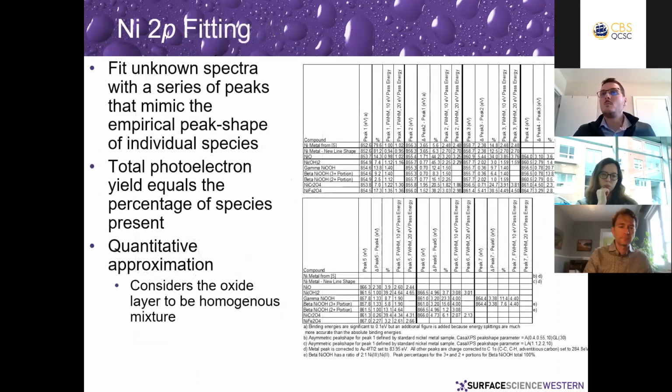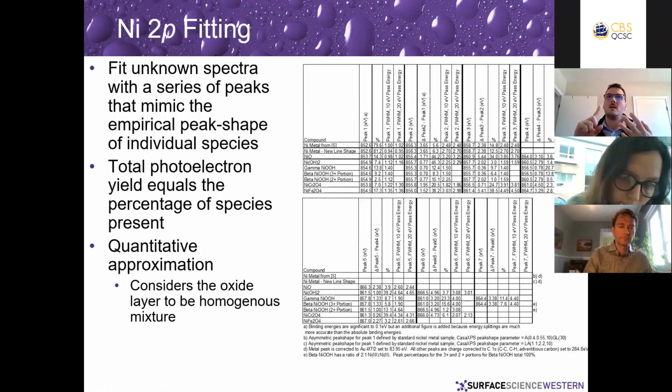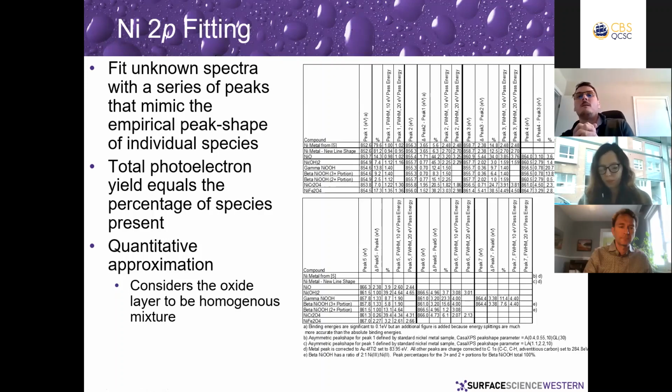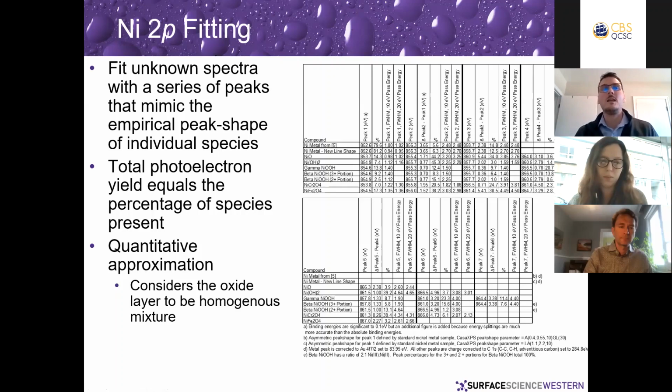And so what you end up with is these large tables that define a bunch of peaks. It defines their area ratios, their splitting, their full width half max for given pass energies of your instrument. And if you plug these into peak fitting software, you can then mimic the peak shapes that you're seeing. And the reason we do this, instead of just saying,